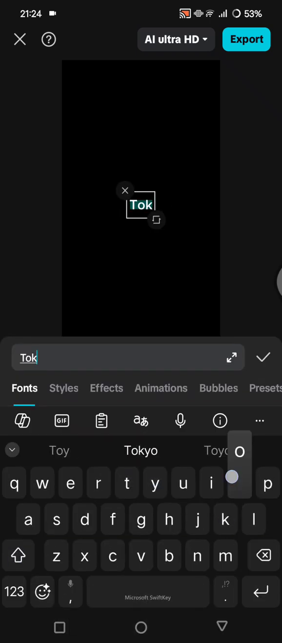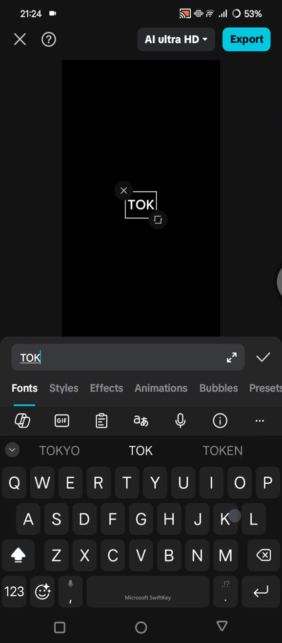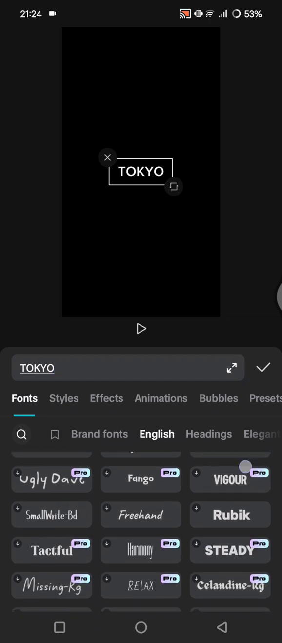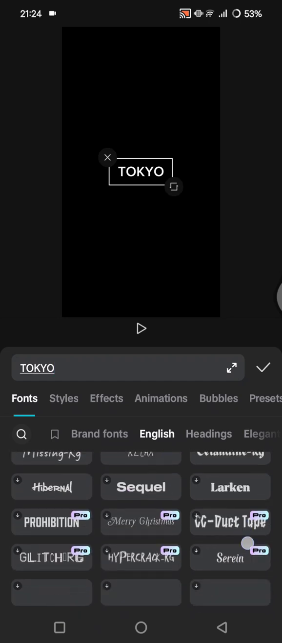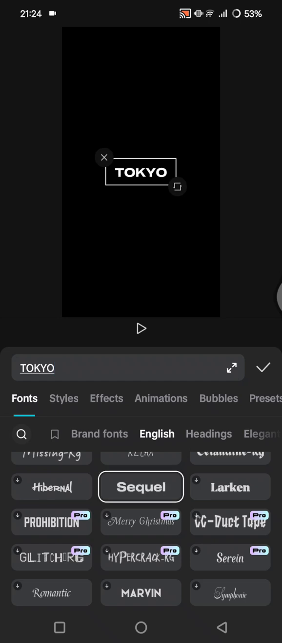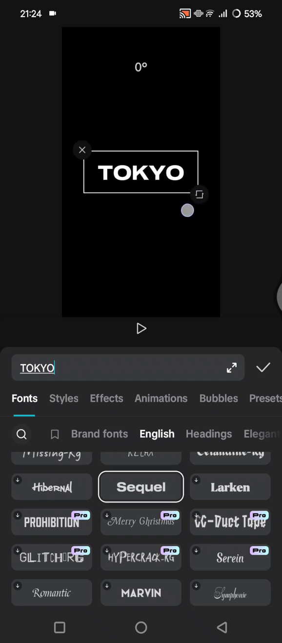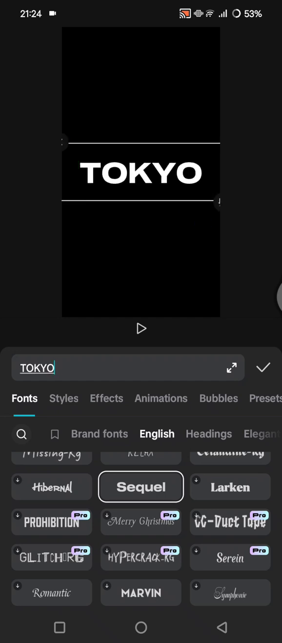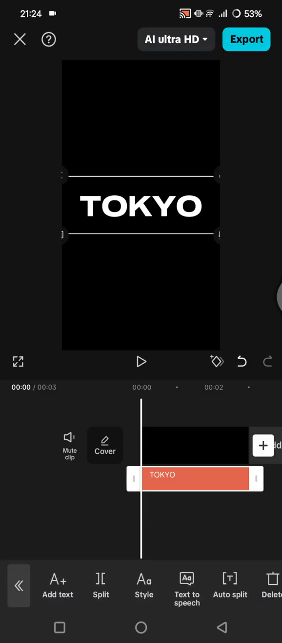Write the text, and here you can change the font to how you like it. I'm going to find a font that's a little bit bold. I'll try this one. Okay, I'm going to adjust the size like this. Click on the check icon, and now you can just add a keyframe at the start of the